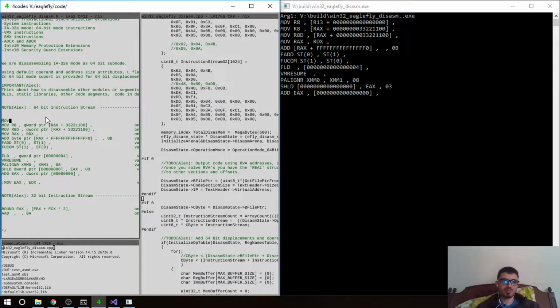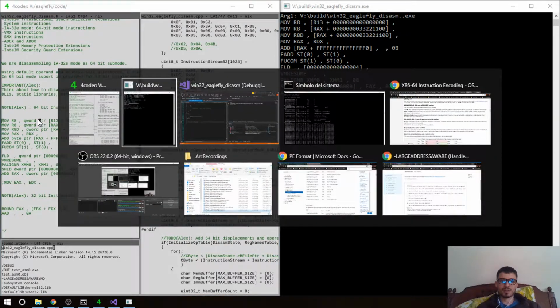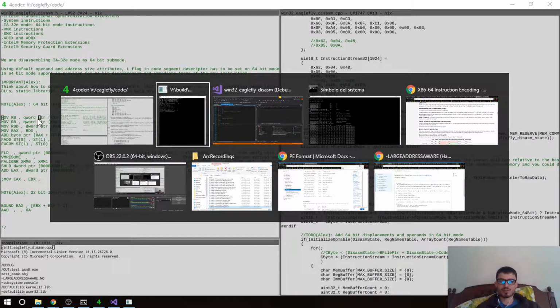So I'm just gonna put the move r8, r13 plus some displacement, which in fact, well, so in fact we could try to do the other one. So if you remember,